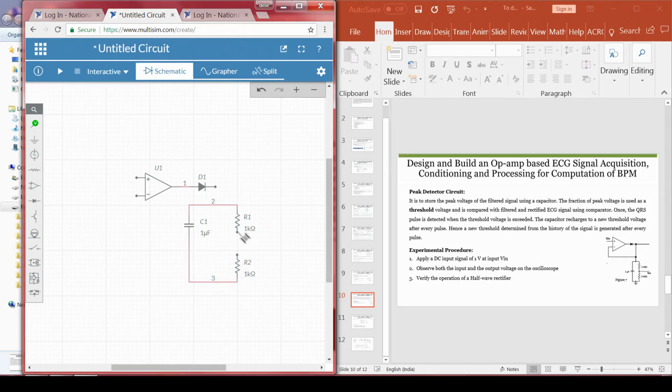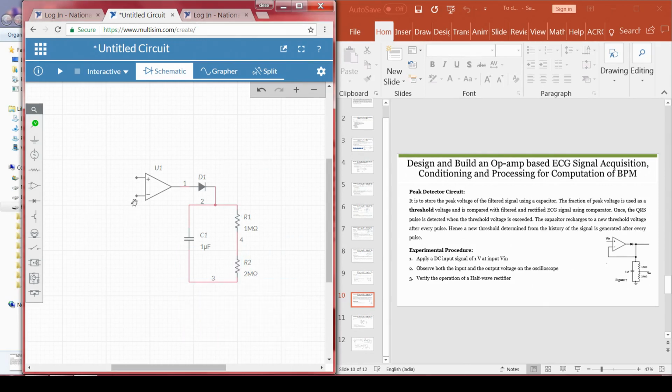Now, if you remember, the purpose of the capacitor is to charge to a peak value. Whichever AC signal peak value is there, that will be charged inside the capacitor. Now, the purpose of these resistors is to provide a threshold. We are setting a threshold using a 1 mega ohm resistor and a 2 mega ohm resistor. When we calculate, it is somewhere around 66%, right. So, I am taking 1 mega as R1 and 2 mega as R2.